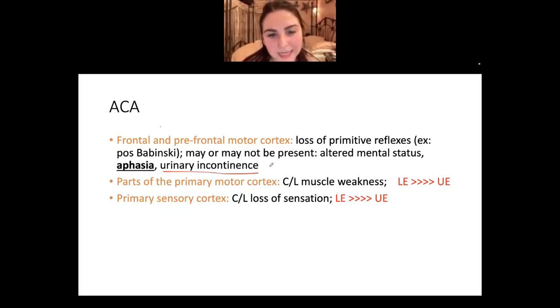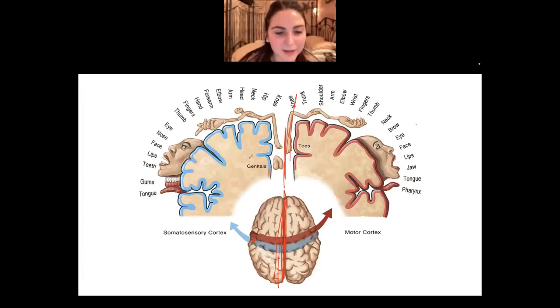I'm going to go out on a limb and say if you see urinary incontinence, besides normal pressure hydrocephalus, usually they're talking about an ACA stroke. And again, it has to go back to the homunculus, because remember with the homunculus, which I'll go back to very, very briefly, the genitals are down here because the ACA area is going to be like here. Because remember, the ACA does this part, and then the MCA is going to be more around